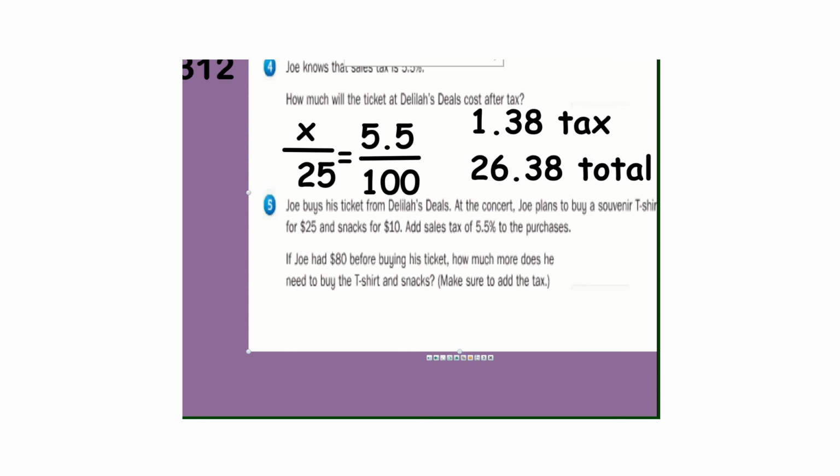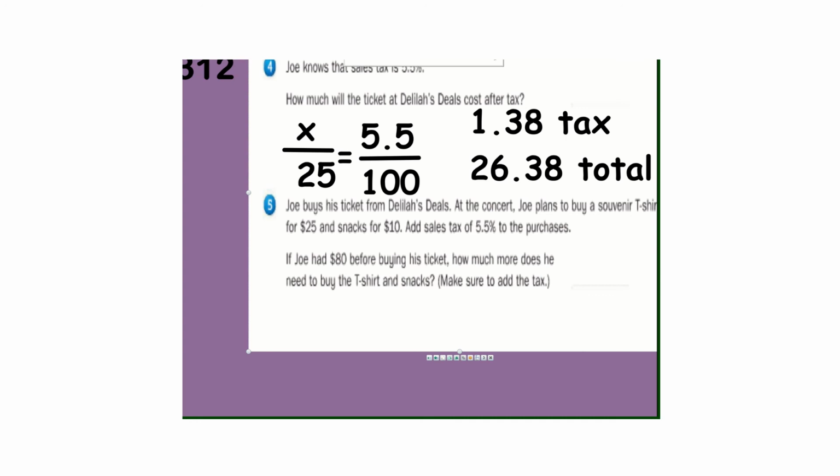So there it's set up for the t-shirt. He's going to have the $25 t-shirt cost plus $1.38 tax. So he's going to have to pay $26.38 total for the shirt. And for the snacks of $10, we probably shouldn't even need a calculator or need to set this up because it's 10. So 5.5% of 10, that's 55 cents. So we have $10.55 for snacks, $26.38 for the shirt,